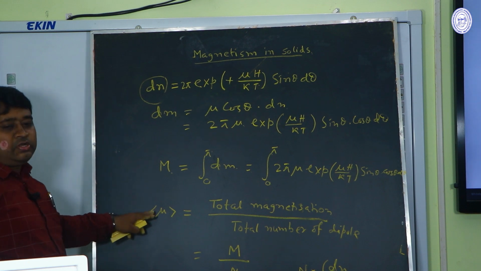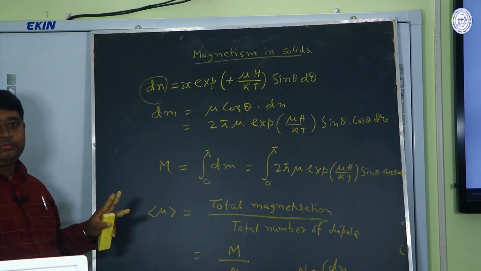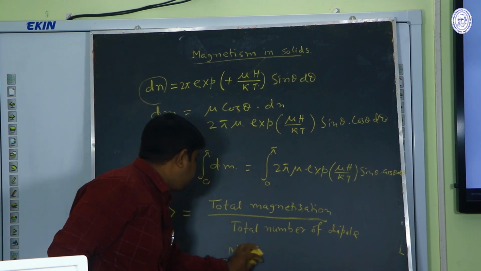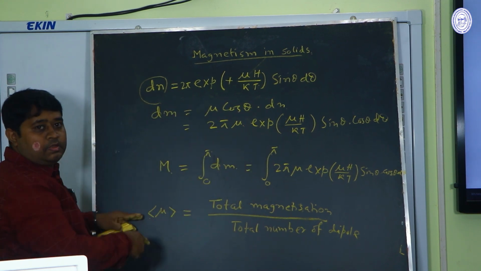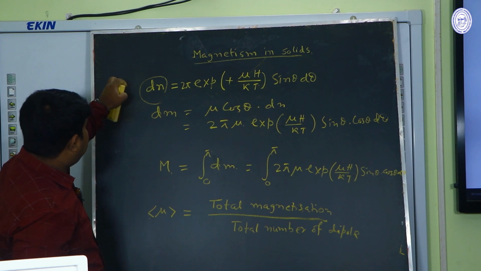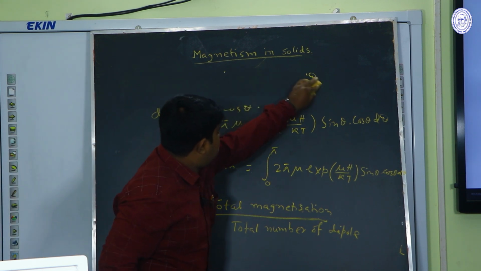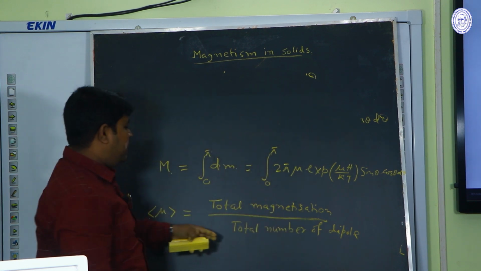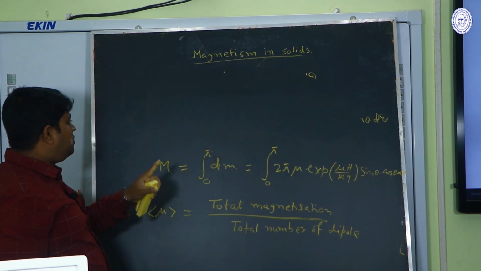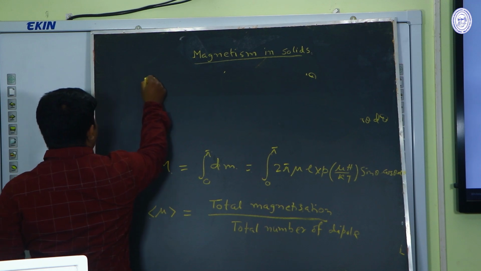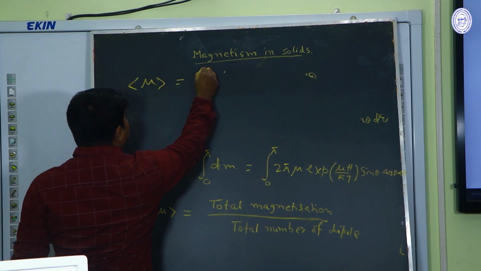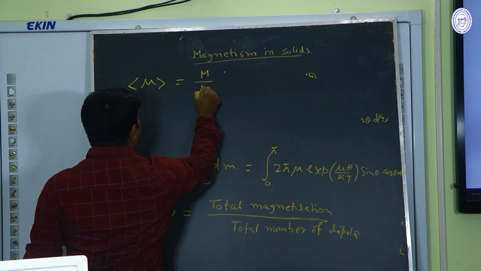So the average contribution mu average is equal to capital M by capital N,